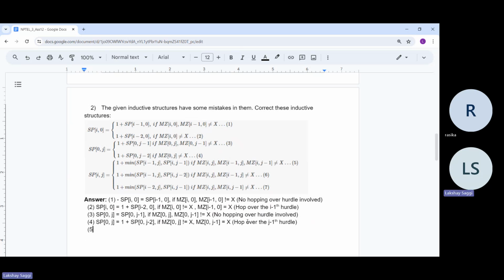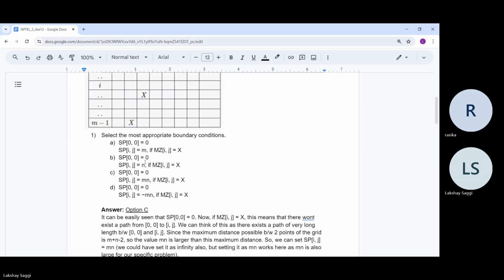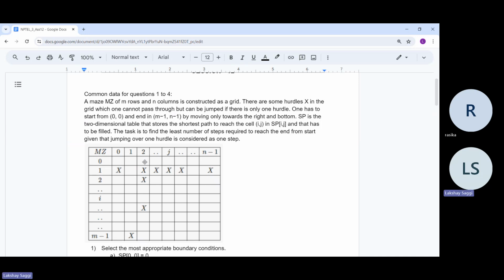Then we move on to some more interesting cases, like for a general cell I comma j. Now we move on to some general I comma j where let's assume I is greater than 0 and j is greater than 0. So for a general I comma j, how do we update the values? There are some hurdles which can be jumped if there is only one hurdle. SP, that's the shortest path, is to find the least number of steps required to reach the end from start, given that jumping over one hurdle is